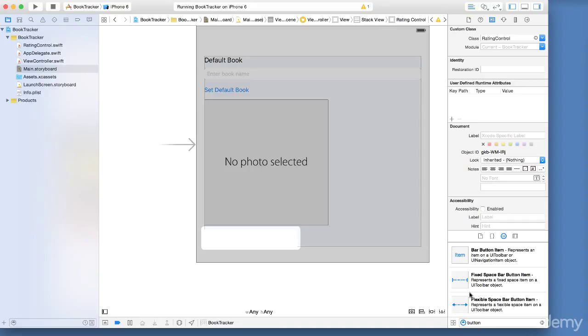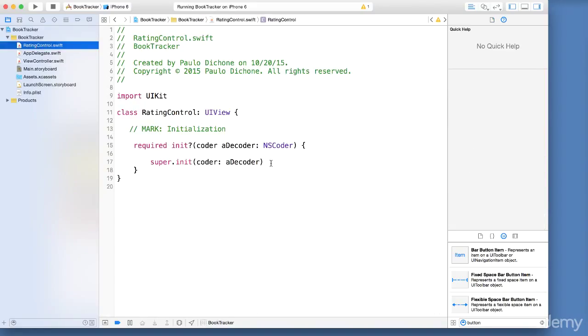So we are not just limited in doing things using storyboard directly, because there are times when you're creating an application and you need things to be done in code, like dynamically. Let's say if you want to create an app that creates 25 buttons dynamically, and when users touch one of them, they disappear, they do this and they do that, they have animations and all that stuff. How do you do that? Well, you need to do that in code, because then you're able to generate things dynamically in code and control things that way. So that's what we're going to be doing. So let's go back to our rating control here inside of our initializer after our super.init. Create a button in code.